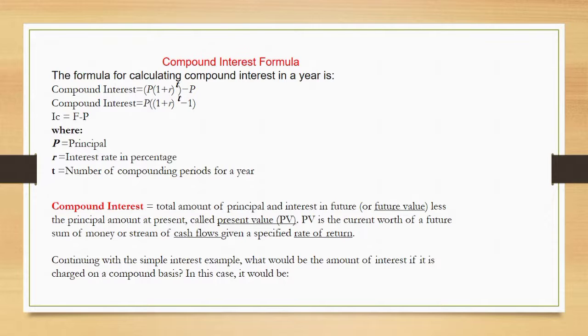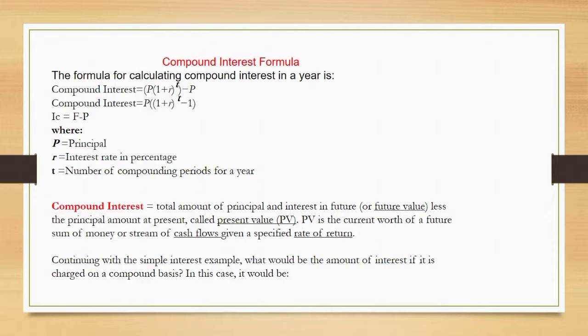Where P is equal to principal, R is equal to interest rate in percentage, and T is the number of compounding periods for a year. A compound interest is the total amount of principal and interest in future or future value, less the principal amount, called the present value or PV. PV is the current worth of a future sum of money or stream of cash flows given a specified rate of return. Continuing with the simple interest example that we previously discussed,